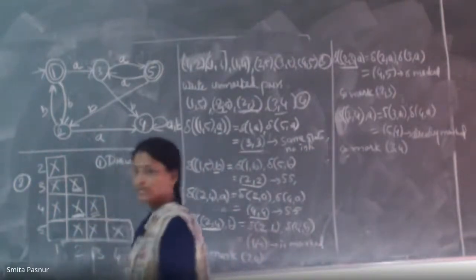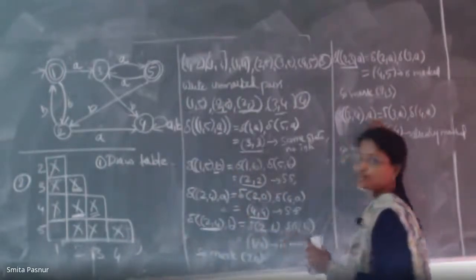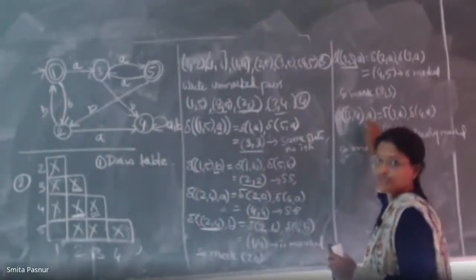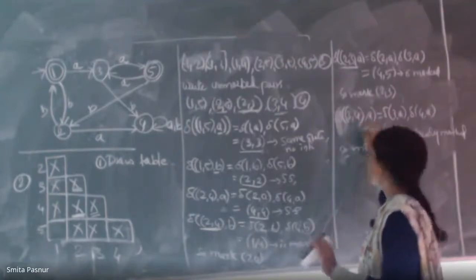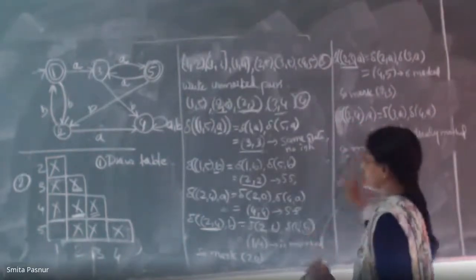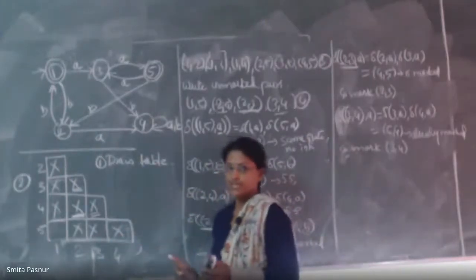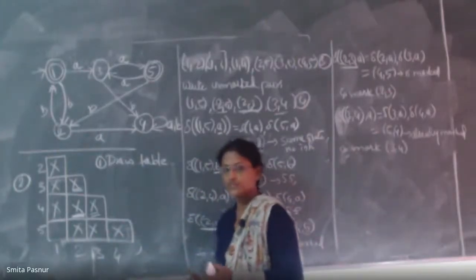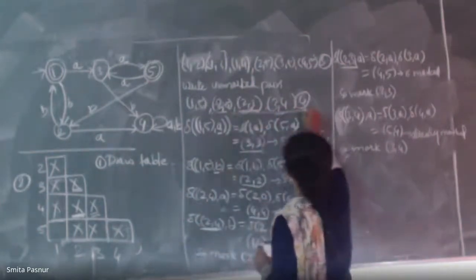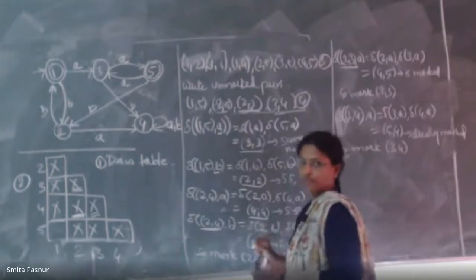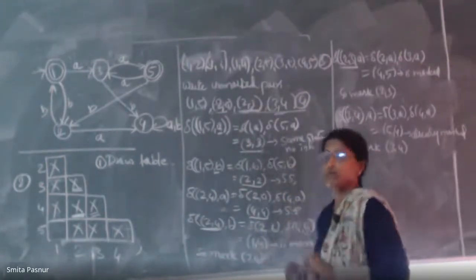So once you got 3 comma 4 as marked, there is no need to try for B input for 3 comma 4. Understood? You should not look at 3 comma 4 comma B, because for A only you got it as marked. We have already marked it in the matrix. That is over. Is that clear now? Now see whether there are any other pairs remaining in this step. No. We have finished with all the steps here, right? So that is why we have to stop here now.